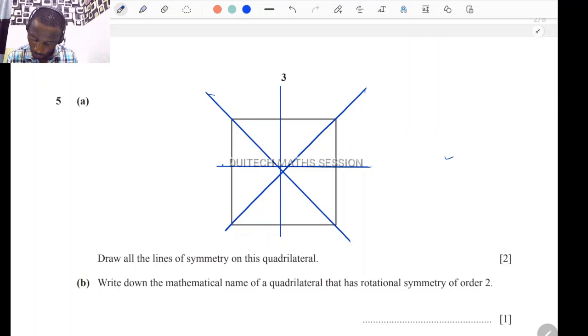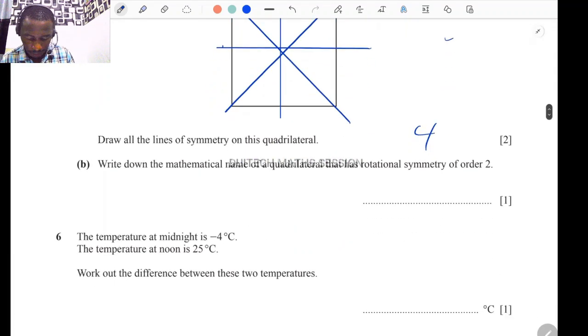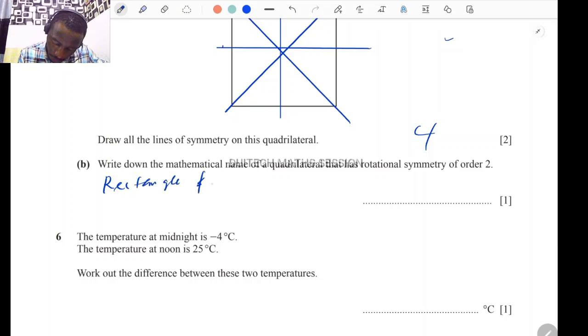So we have 4 lines, so they are just 4, right? So we have 4 lines. Write down the mathematical name of the quadrilateral that has rotational symmetries of order 2. So we know very well that it is only a rectangle and rhombus,